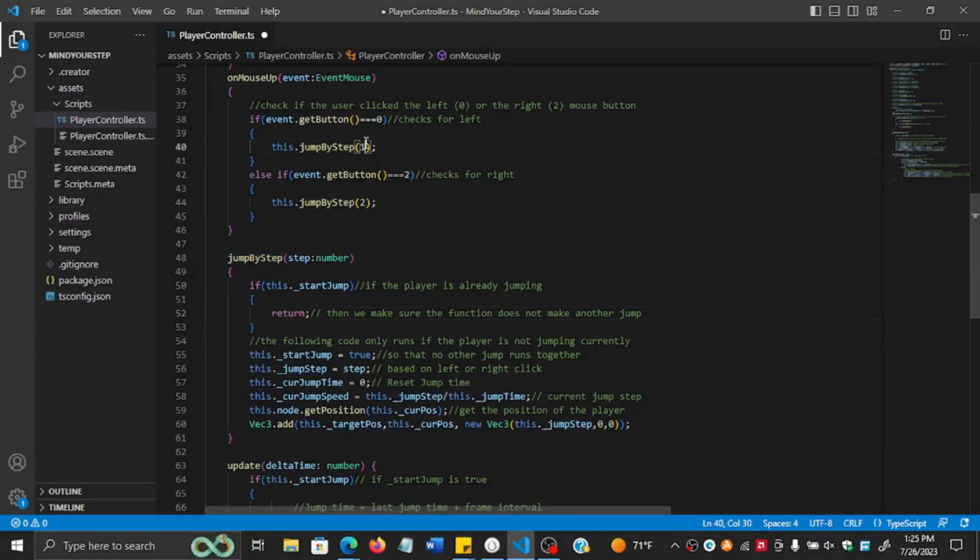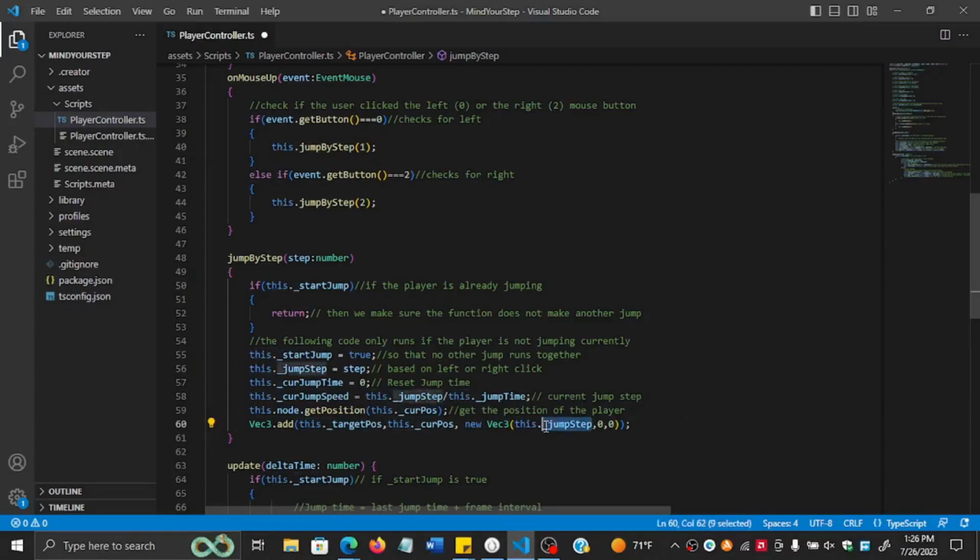Okay, so if it's 1, then the speed will be less because it's a smaller jump. If it's a bigger jump, the speed will be higher because the division will be by a larger step. Okay, and then this also affects the position because the target position where the player has to end up is going to be affected by